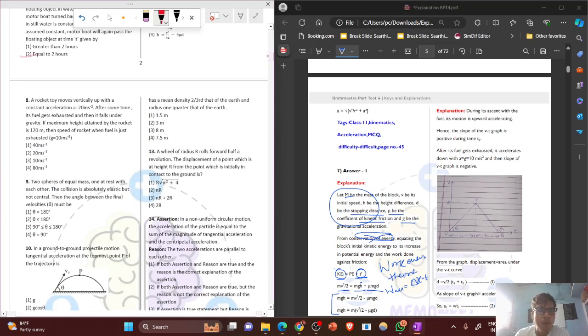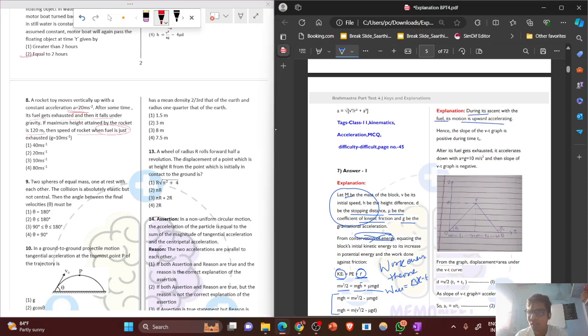A rocket toy moves vertically up with a constant acceleration. After some time, its fuel gets exhausted and then it falls under gravity. If the maximum height attained by the rocket is 120 meter, then what is the speed of the rocket when the fuel is just exhausted? Basically, now moving to the explanation, as you know that during its time with the